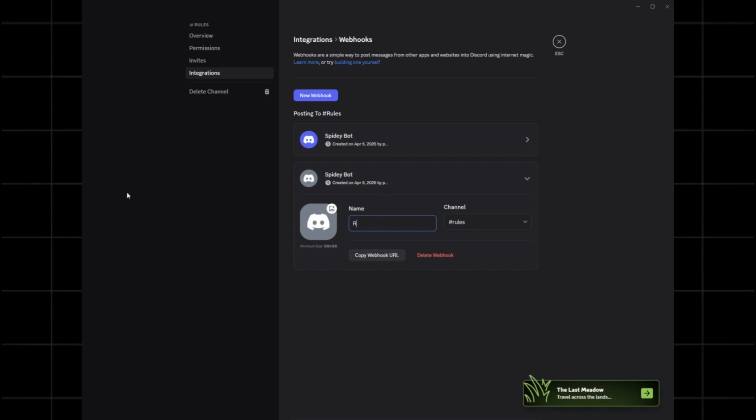I'll name this one Rules, and you could also add a picture, which I don't want. And right here you have your webhook. You don't want to do anything with it. You want to click on this button, copy webhook URL. We're going to use it after. Now you click escape,